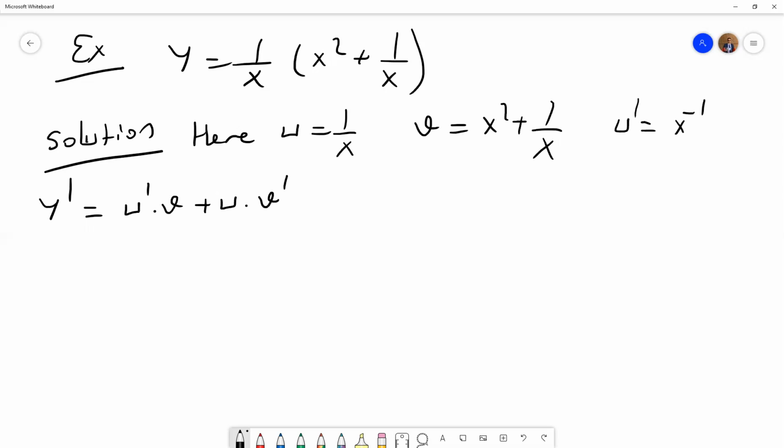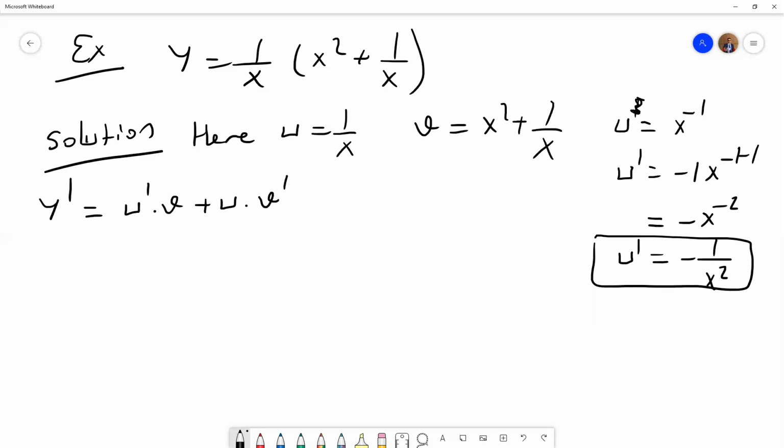And you know that u is this one, and u prime is equal to minus 1 times x to the power of minus 1 minus 1. So it equals this one, that is minus 1 over x squared. So u prime is this one, and v is equal to x squared plus, again, x to the minus 1. So v prime is equal to 2x minus 1 over x squared. They are same. So finally, if you want to write y prime, that is delta y over delta x, or the derivative of y with respect to x,